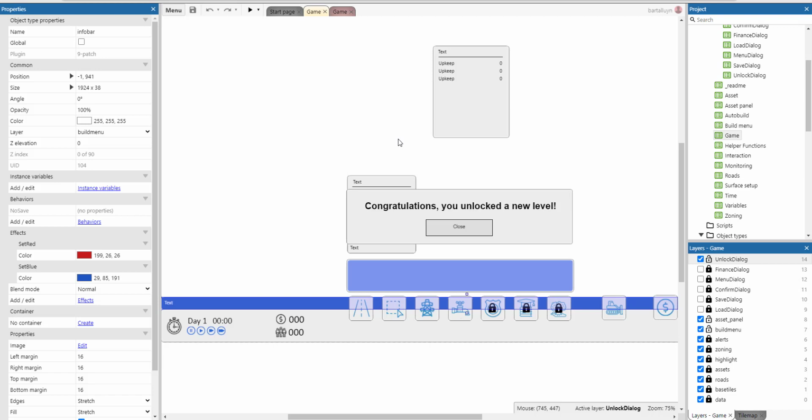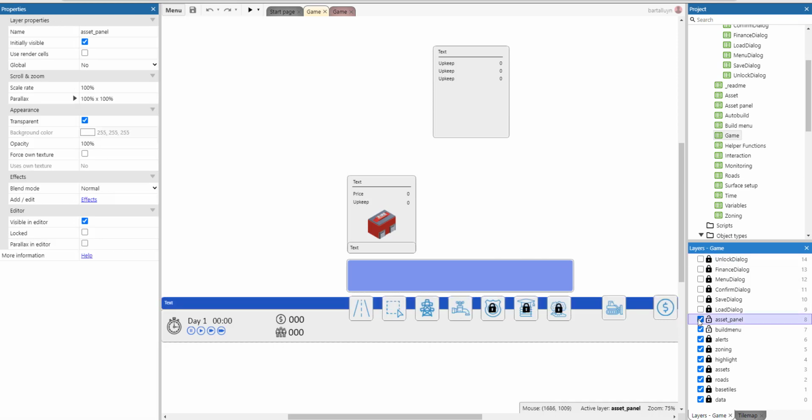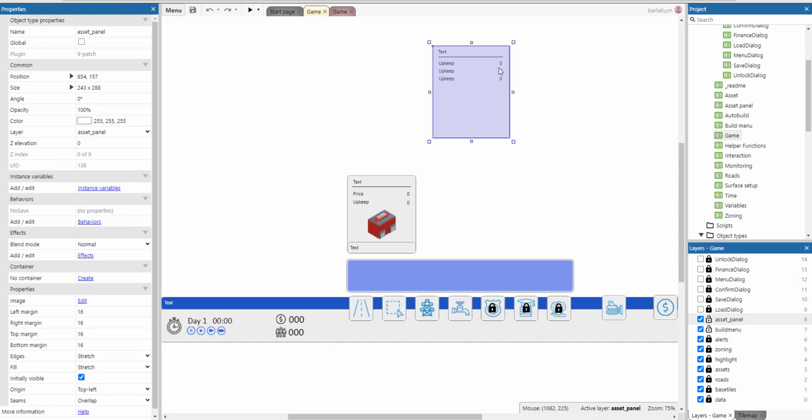So then we have some extra dialogue and some extra panels here. What we see here, let me just hide the unlock dialog. What we see here is the assets panel, or the details panel for an asset. It's called an asset panel. It's on this specific layer, the asset panel layer. Excuse me, not doing very well, am I? This is the asset panel, which is the